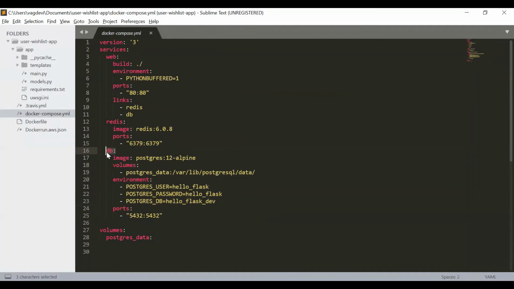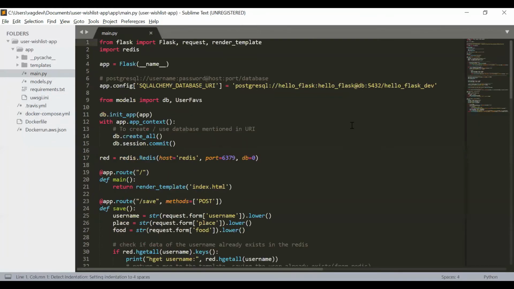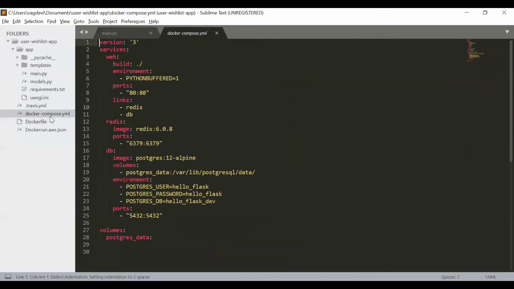So this is the DB service, and that is the reason we have written DB over here. And then the database name and the password and all. So we configured that information in the Docker Compose file under the DB service as its environment variables here, right? So all the information is encoded as environment variables under the DB service.